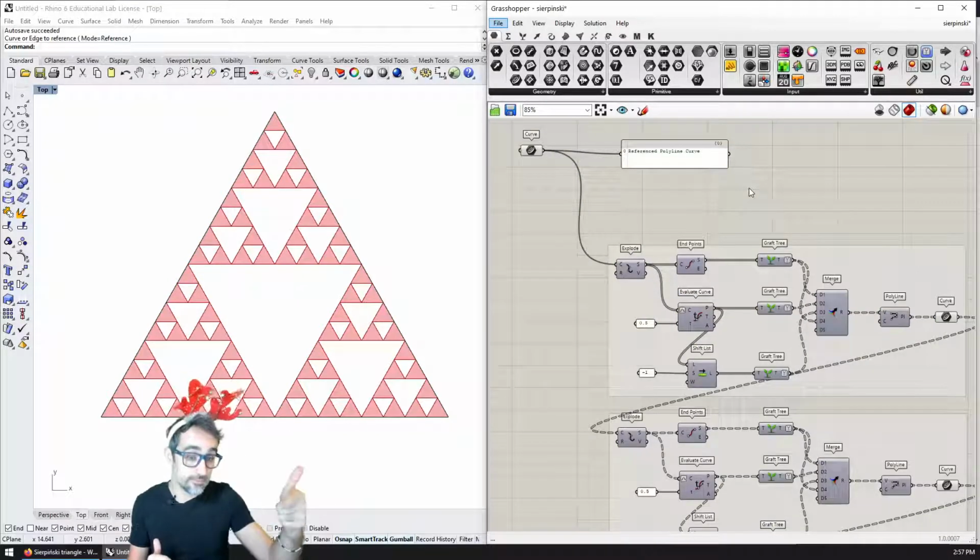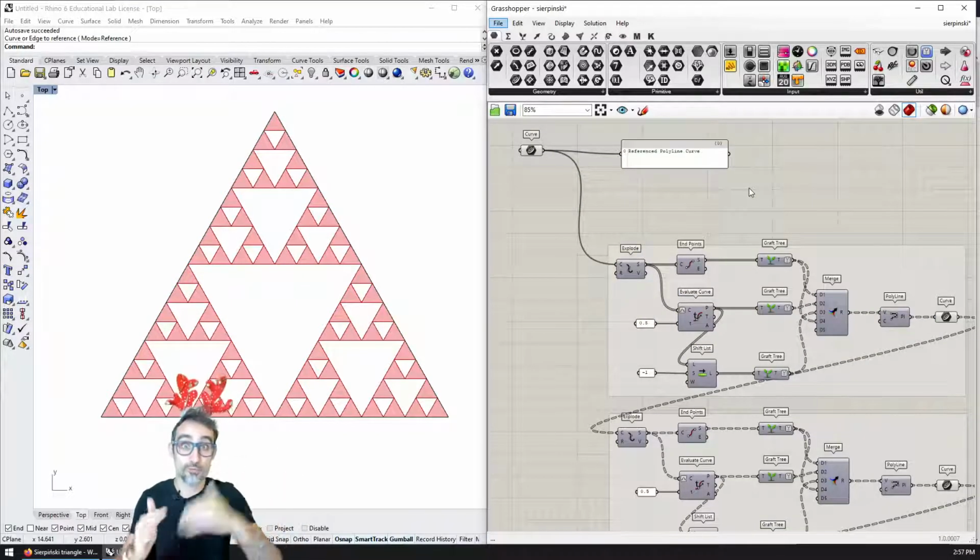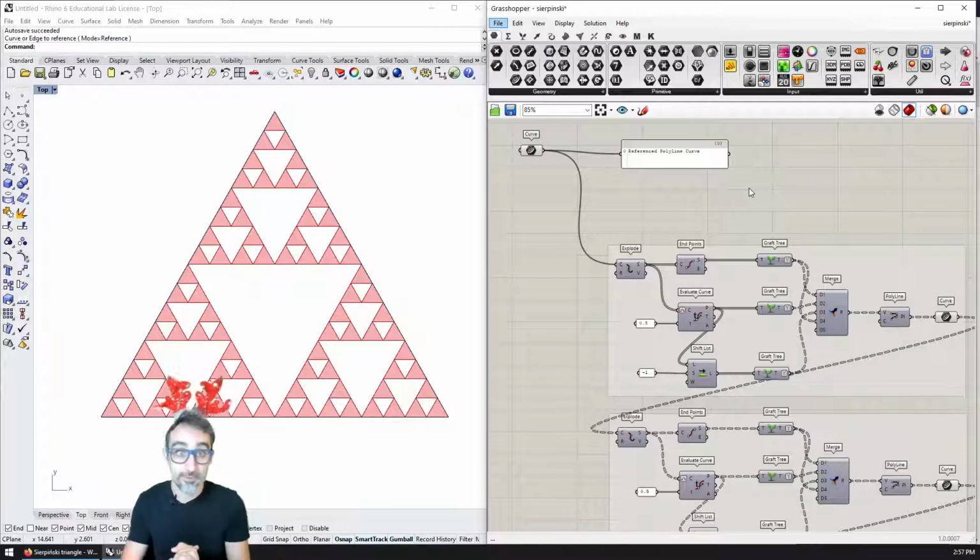In the next video, I will explain how to perform that recursion in a programmatic way, being able to control how many levels by implementing the same thing using C# scripting inside of Grasshopper. Okay, and all right, less talking and more doing. Let's get ready and let's get hands-on.